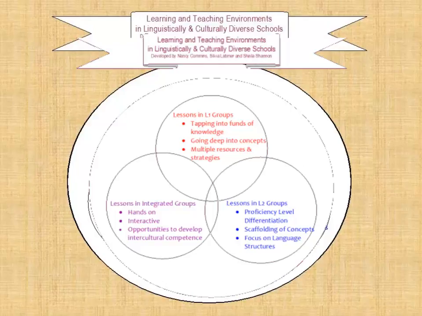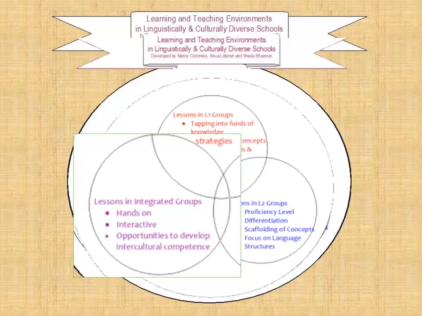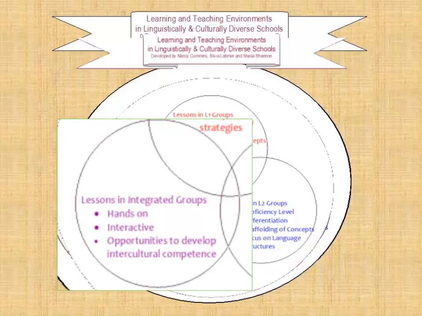They are first or primary language groups, second language groups, and integrated groups, composed of first and second language learners of the language of instruction. Each supports the development of academic bilingualism, but there are limitations as well. This week we will examine integrated groups, also referred to as linguistically heterogeneous groups.